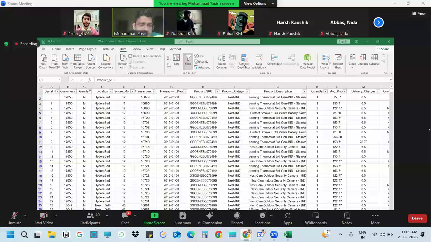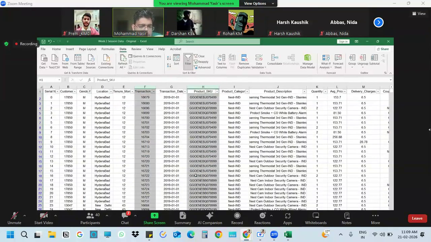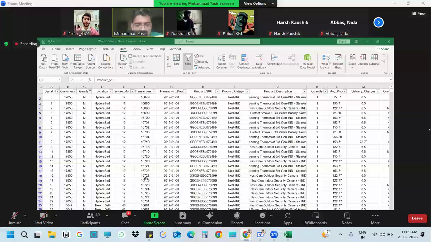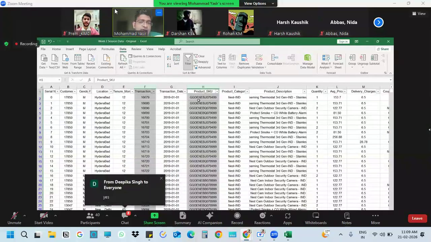Now the problem here is, let us say these two rows are repeated. So when I do remove duplicates, the values for these two cells, whatever is duplicated, will get deleted, and all the other rows will shift up, right? So it will mess up my raw data. Clear? Deepika, Anmol, Prem, Darshan, right? So don't do any manipulation here. Remove duplicates is a good way to do it, but not here.